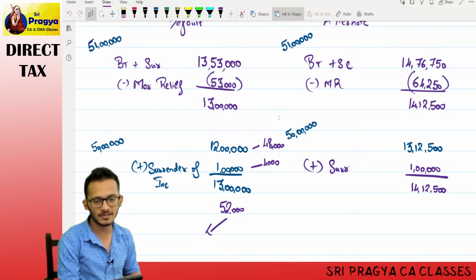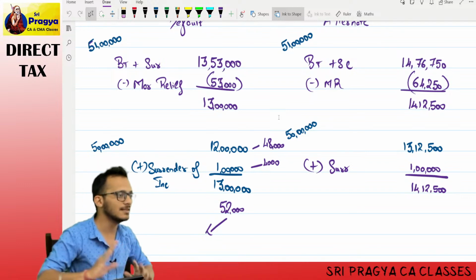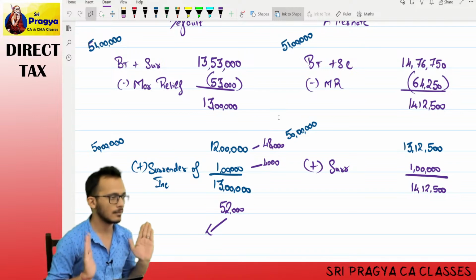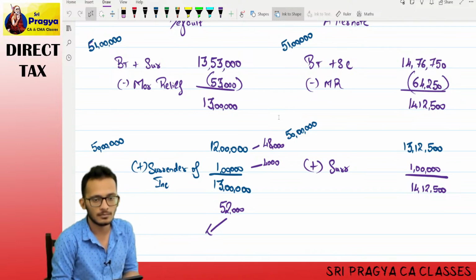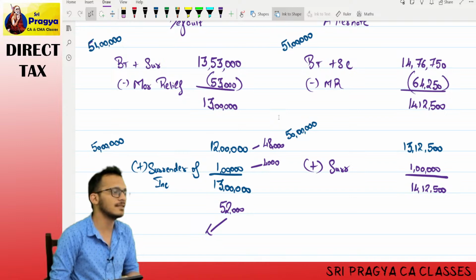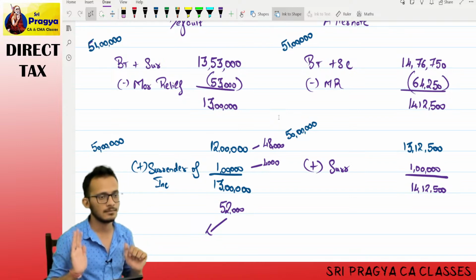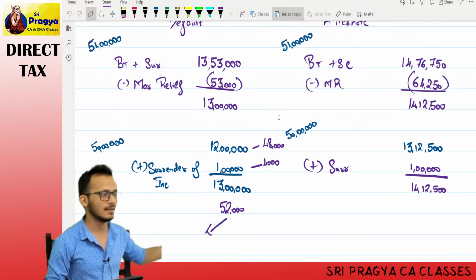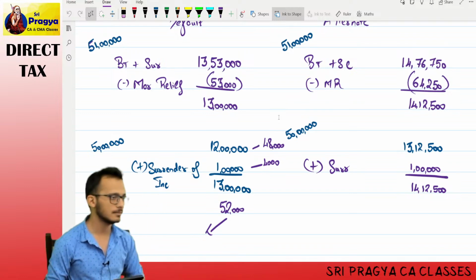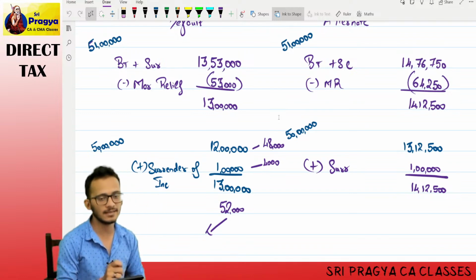See, there are two ways to approach it. Approach number 1, I will come and say, sir, 51 lakhs is my income. I will not pay anything extra to you. Option number 2, I come and say, sir, I have surrendered. Now my income is 50 lakhs. There are two options. You can do it either way. We'll do one more example, a better example.